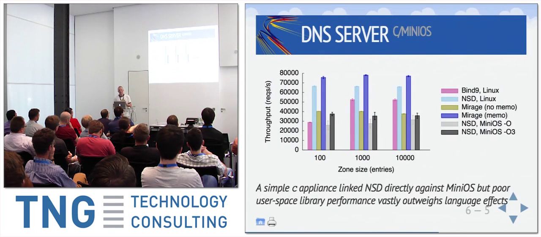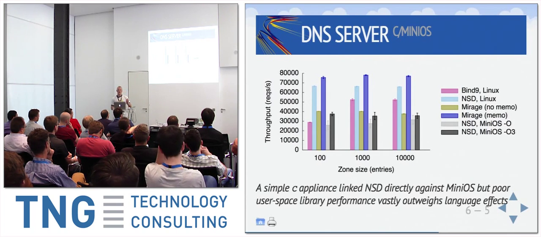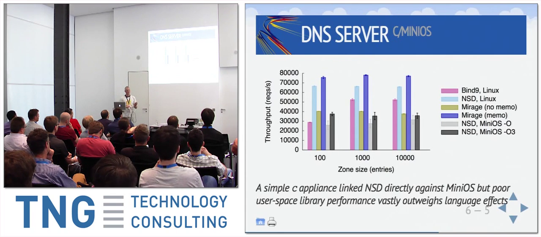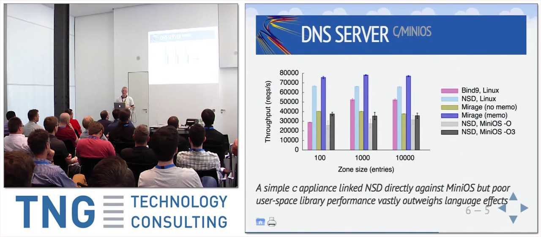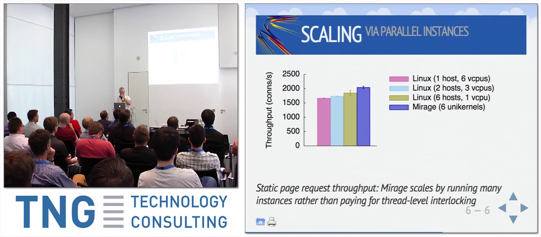Just in case you're thinking that if we did it in C, it would just go faster because it would be in C, it turns out that the effect of user space networking libraries, for example, vastly outweighs any language difference here. So if you had sufficiently good user space libraries, perhaps you'd see some benefit there. But in practice, LWIP, which I think was the networking stack we tried to do this with, just doesn't perform well enough to balance that. Very quickly then through this.